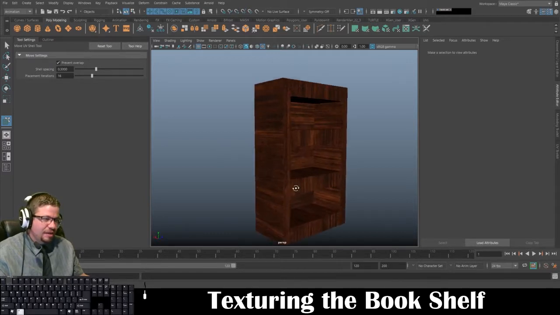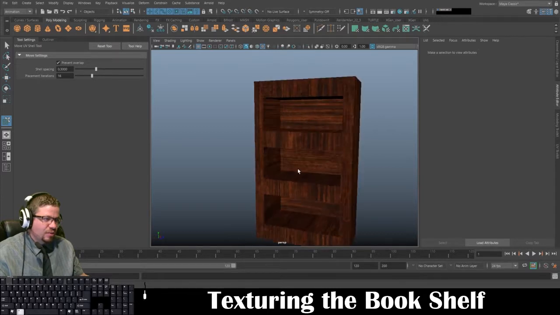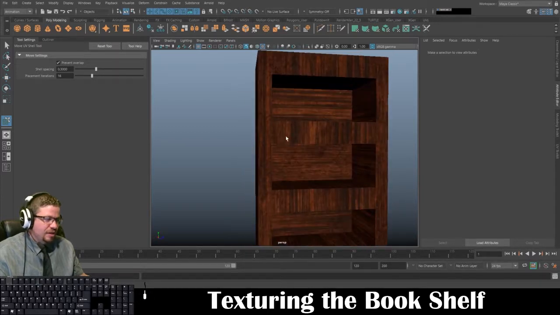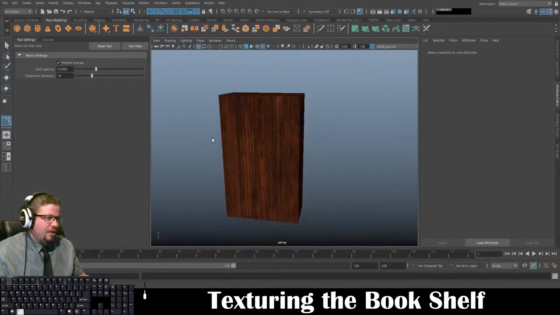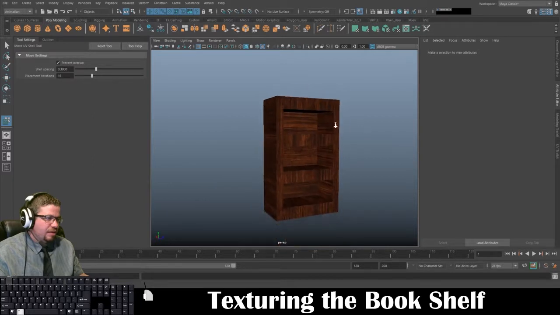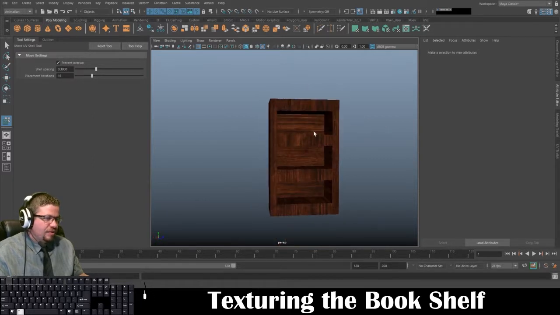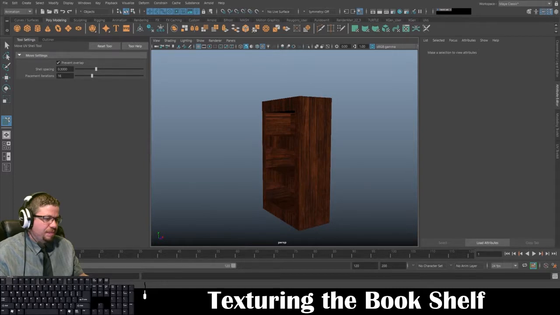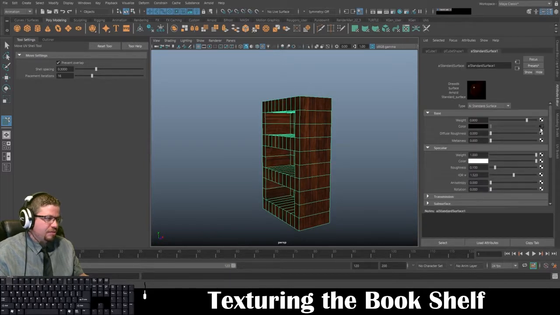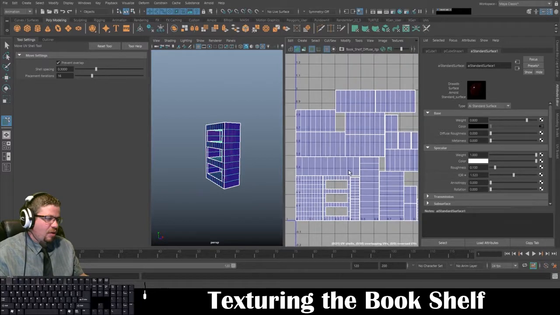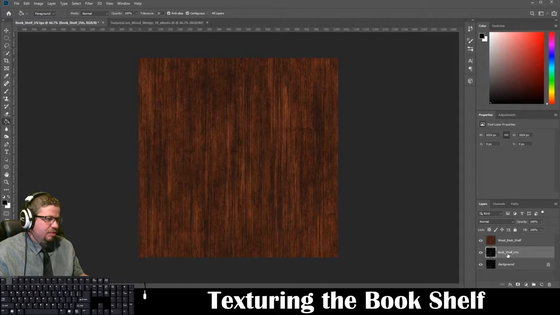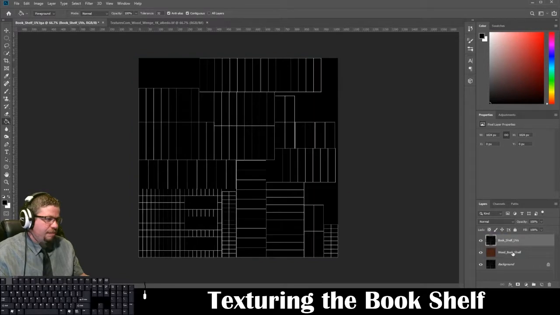You would never build anything like that. This would be multiple different pieces of wood and paneling. So basically, we need to go ahead and kind of toy with it a little bit. But the other thing I want you to take note of is we can't really do much in here in my UV editor, because it'll be overlapping UVs and stuff. But in our Photoshop file, I'm going to take this bookshelf UVs and I'm going to drag it on top of my wood